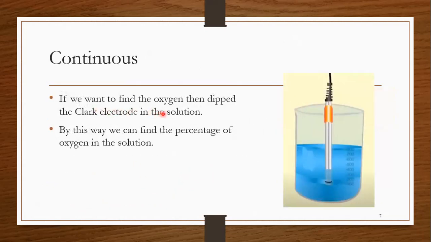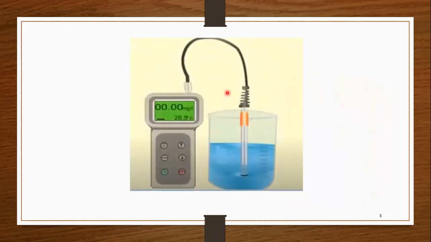If we want to find the oxygen, then we dip the Clark electrode in the solution. In this way, we find the percentage of oxygen in a solution. In the previous slide, I told you about the working, how it works. In the next slide, I also explain it with the help of a diagram. This one is a Clark electrode and this one is a measuring meter. So when the Clark electrode is dipped into the solution which contains oxygen,